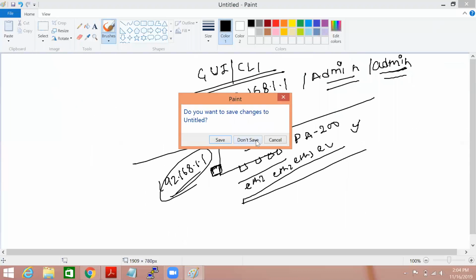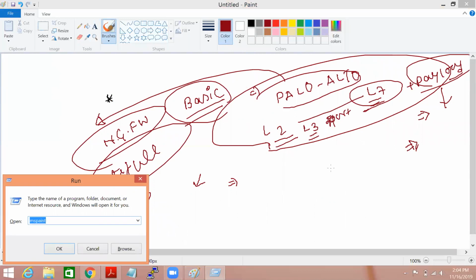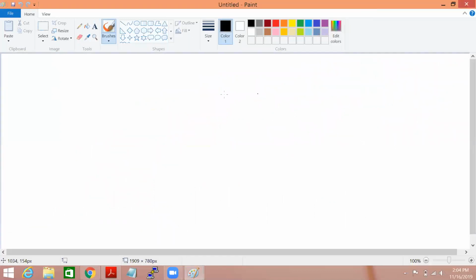Anyone having any issue, you can ask me regarding this, because these are the basics. If you are good in basics, you can understand this very easily. So guys, let's say if I try to access my box.